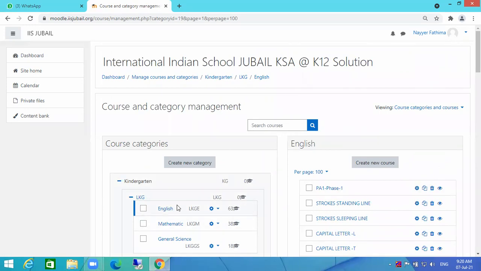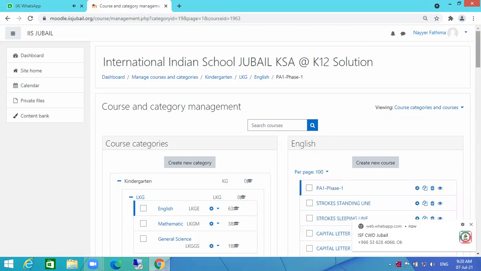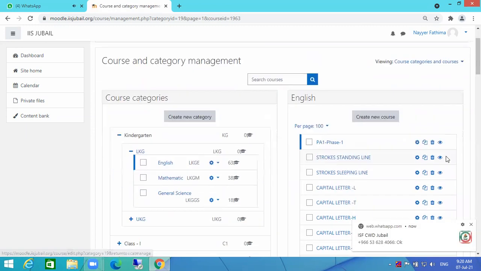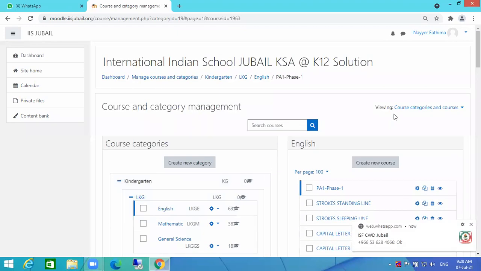Easily it can be moved. Just click on this and you can see all the changes. Again, I'll come back to this.